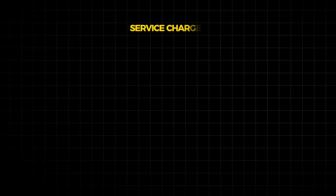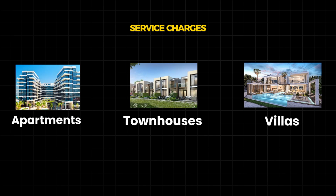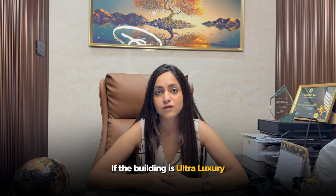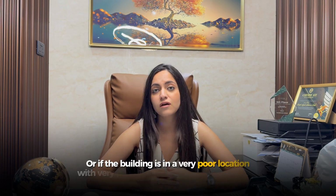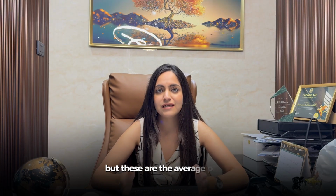The service charges vary for apartments and townhouses or villas. In the case of apartments, you pay between 12 to 25 dirhams per square foot. In the case of townhouses or villas, you pay between 3 to 7 dirhams per square foot. Sometimes, in a few exceptional cases, the price may be slightly more if the building is ultra luxury, or if the building is in a very poor location with very poor amenities, it can go slightly lower, but these are the